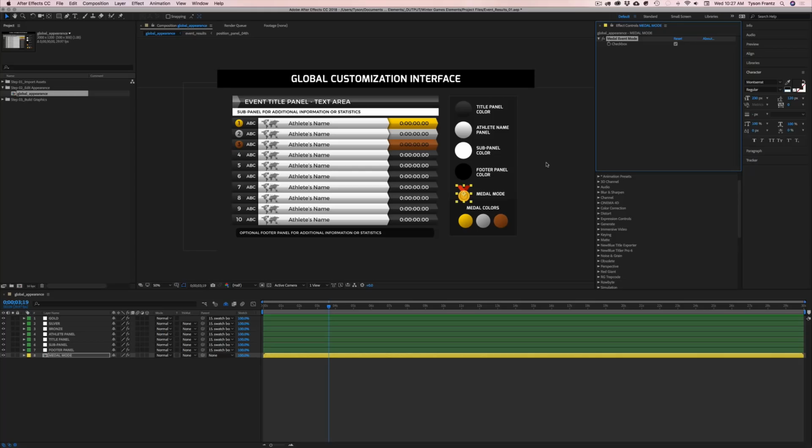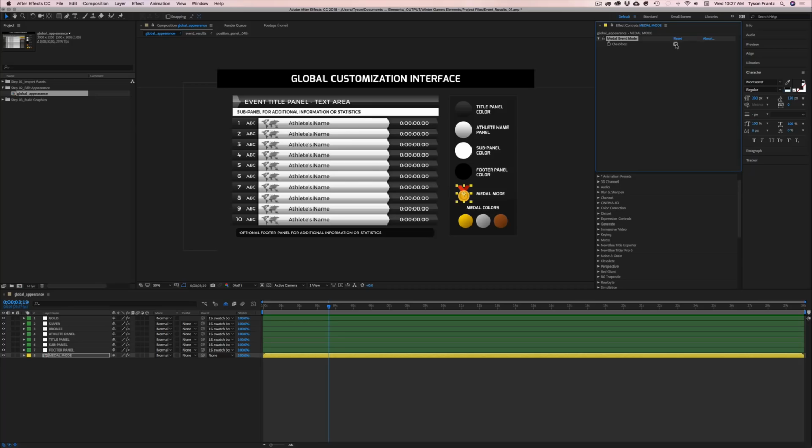So sometimes they're just qualifying events where medals are not handed out to the athletes. And then there are obviously final events where the top 3 athletes are rewarded with their medals. So if you're scoring a medal event, you want to check this box, because then the top 3 athletes will show you gold, silver, and bronze. But if it's a non-medal event, we uncheck this box. And as you can see, this is just a regular scoreboard, basically, just showing you the qualifying